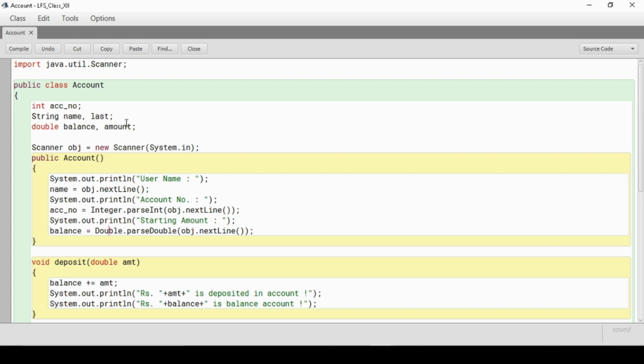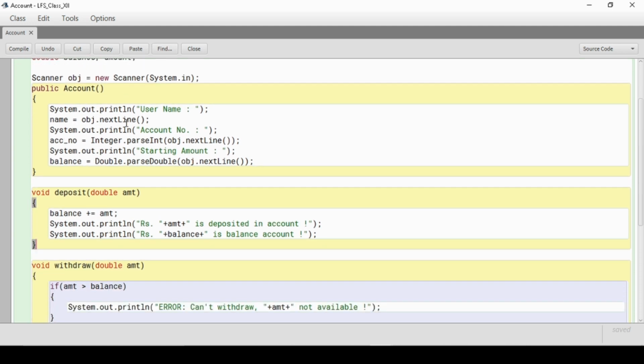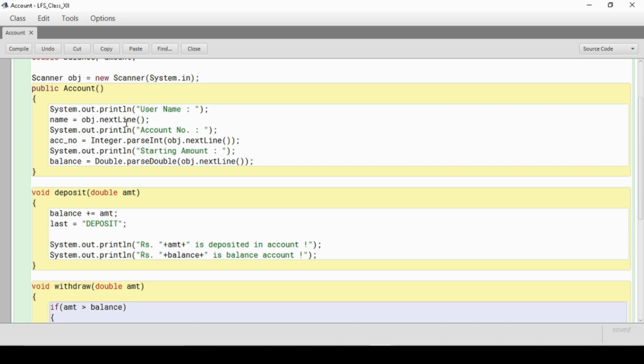In case I am in the deposit, this would be the last transaction made, so the value of the last variable I will make it deposit. And another thing, the value of the amount will be equal to AMT.